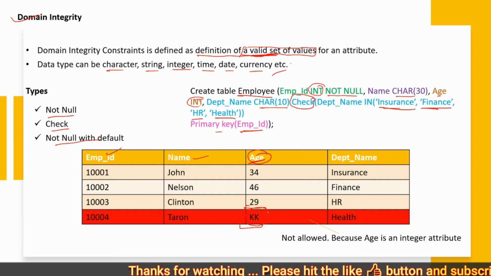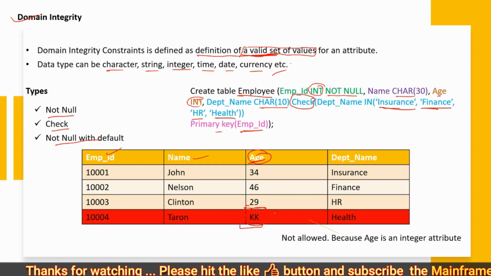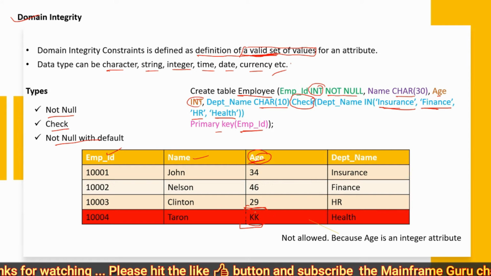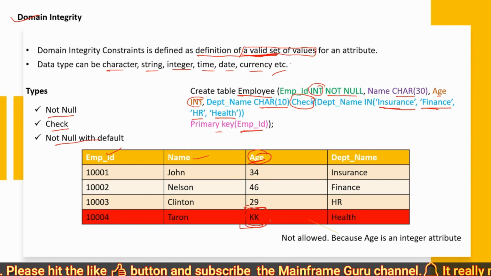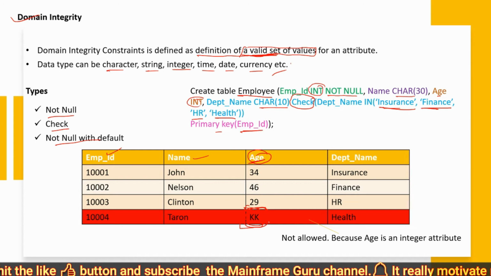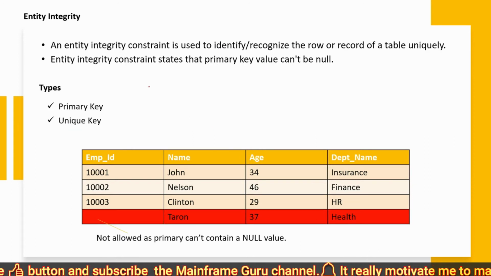So there should be integer value only. If we are going to enter kk, domain integrity constraint will throw us an error. Okay, and second is